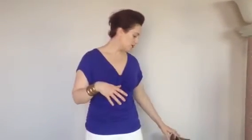I myself actually don't have any. I just really kind of like the look of a classic pointy toe heel. It's just something I've always liked, and I've never really found, truthfully, a pair of booties that I just can't live without. So this is one of those trends I've just decided not to participate in,